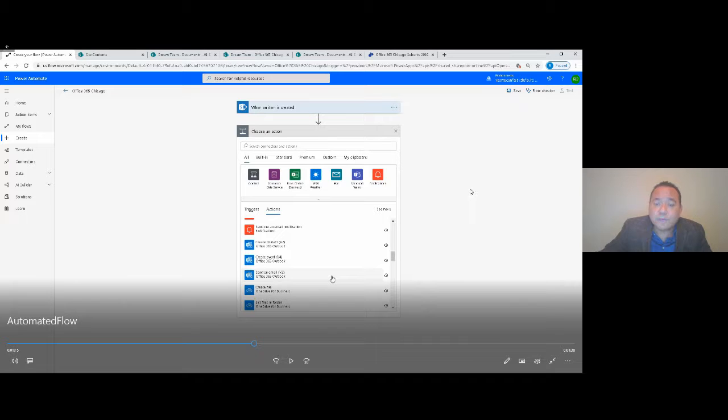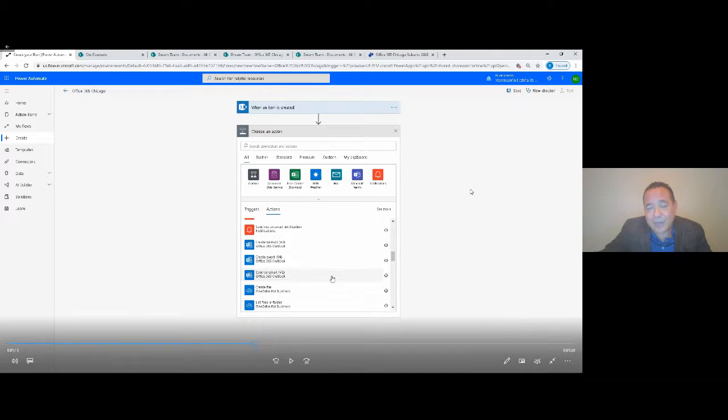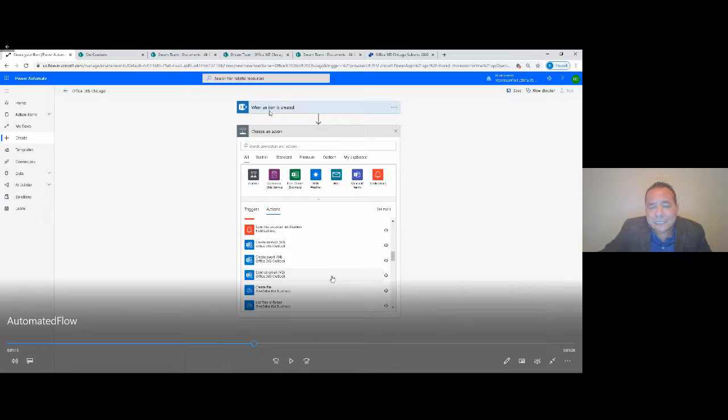Now, when creating a flow, this is something I was not paying attention to a while ago, and there are some things you really need to understand rather than just click on. It is easy to understand that when you see item, it's talking about a list, and when you see file, it's talking about a library. That means that if you use when an item is created, don't expect the solution to show you document libraries, because this is intended for lists. The same as if you pick when a file is created, then you're not going to see lists.